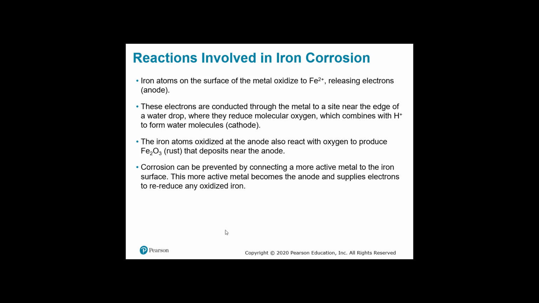This more active metal becomes the anode and supplies electrons to reduce any oxidized iron. Because if it is easily oxidized, then those electrons will go to reduce iron so that it prevents that. So you can't have two anodes. One has to be an anode, one has to be the cathode. Basically one has to be oxidized, one has to be reduced. So if you have something that is more easily oxidized, then the iron has to be reduced, and it will take those electrons, and that's what it means to reduce any oxidized iron. So if there is any iron that has lost its electrons, the electrons can now be supplied back, thus preventing